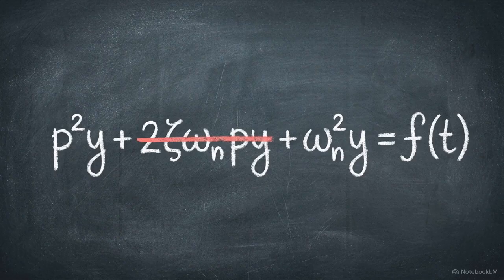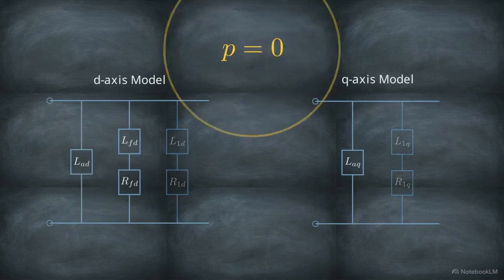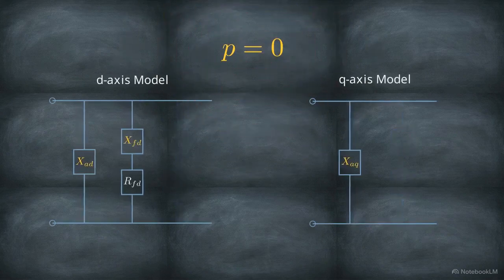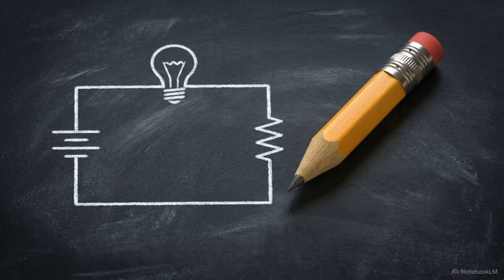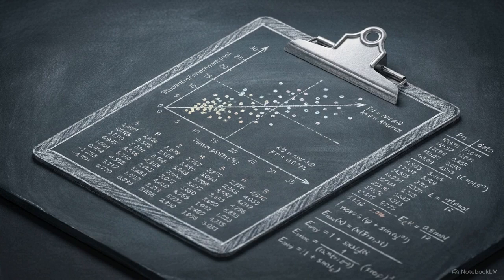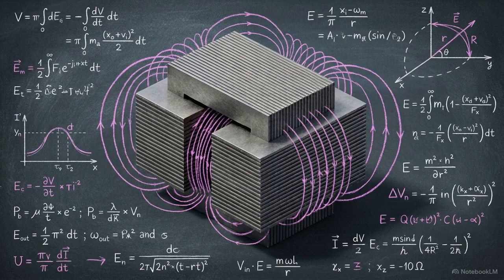Mathematically, the differential time operators, represented by the variable p, for all flux and current equations equal 0. By forcing these time derivatives to 0, we can strip away the transient branches and derive a single phasor equivalent circuit. This linear mathematical circuit is the first step. To accurately predict power flow, we must then apply empirical data to correct for the physical magnetic limits of the